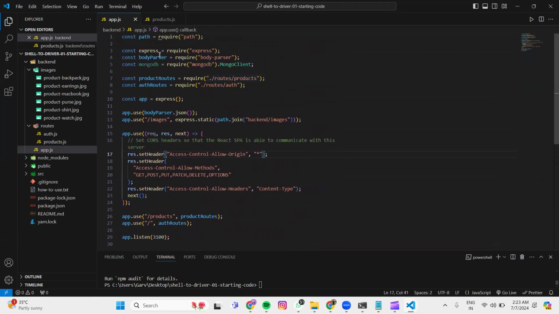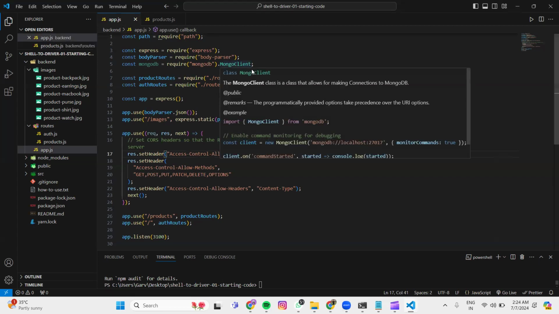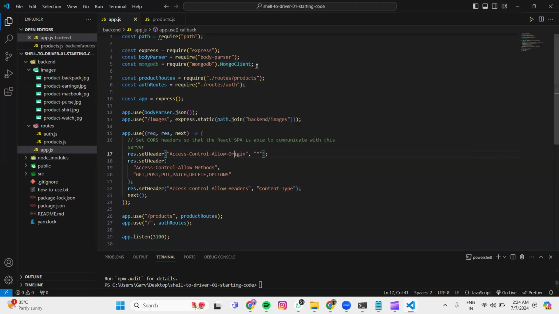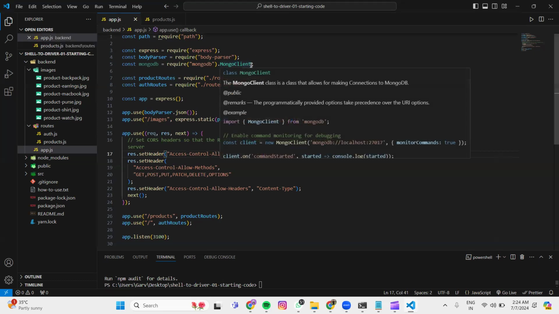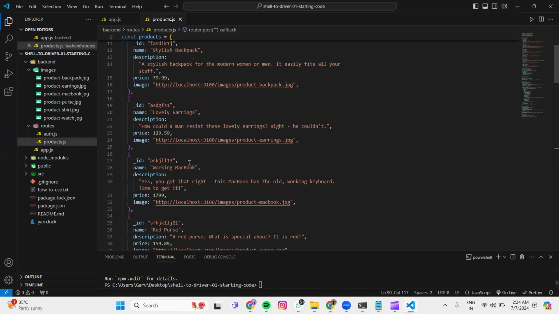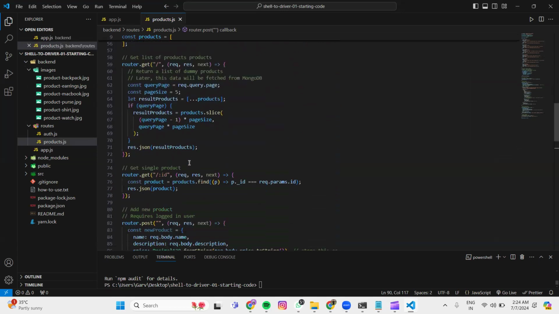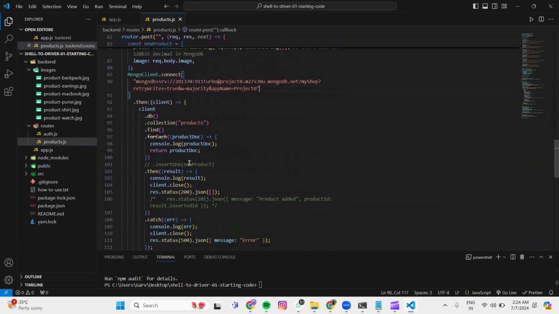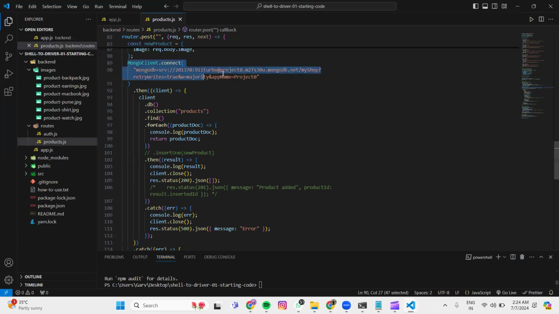So in this app.js, we create a new constant MongoDB and we put require MongoDB dot MongoClient. So this will allow us to connect this to MongoDB from inside this app.js file. Then inside of the app.js file, we can write this to connect this to MongoDB,